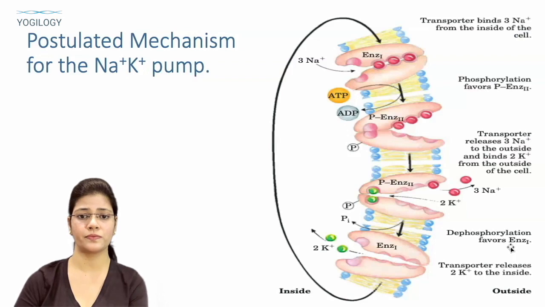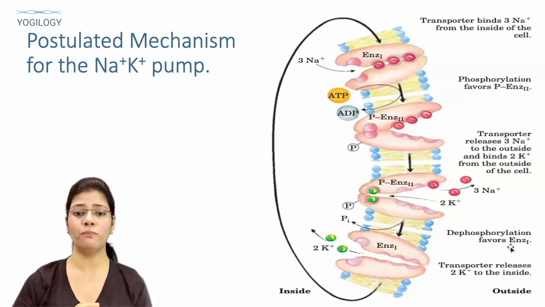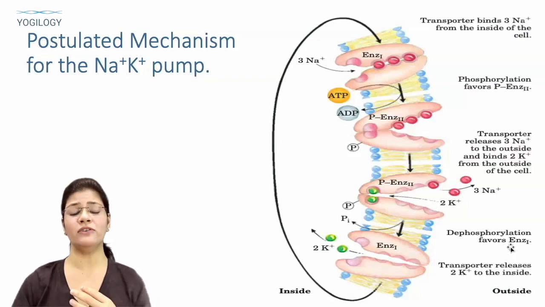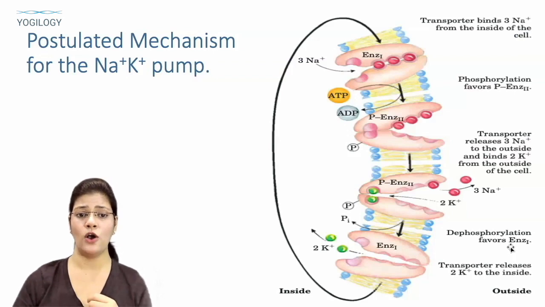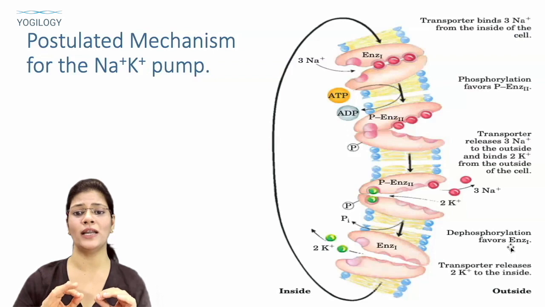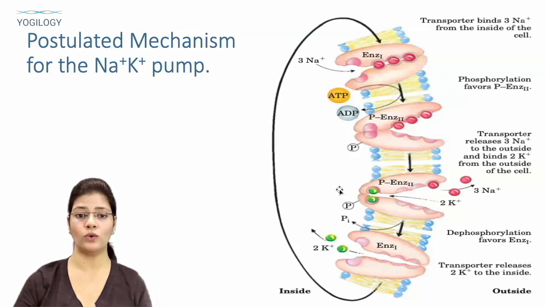Since the sodium potassium pump drives 3 positively charged ions out of the cell for every 2 potassium charges pumped inside the cell, it is called electrogenic, which means it drives a net current across the membrane, creating an electrical potential with the cell's inside being negative relative to the outside.